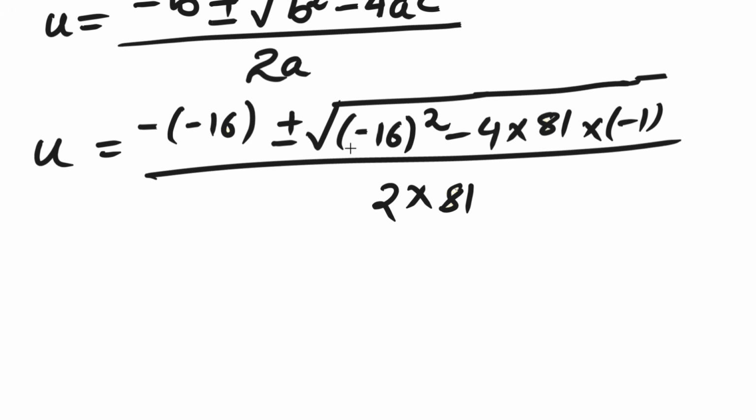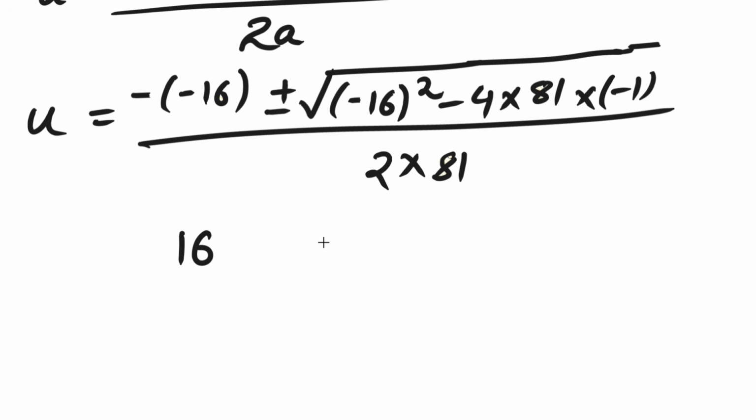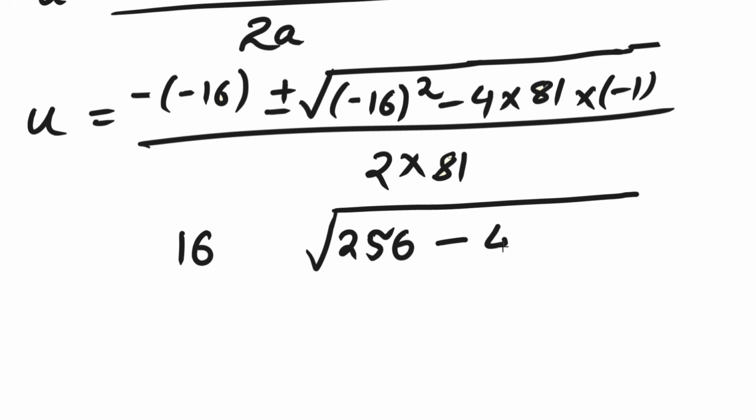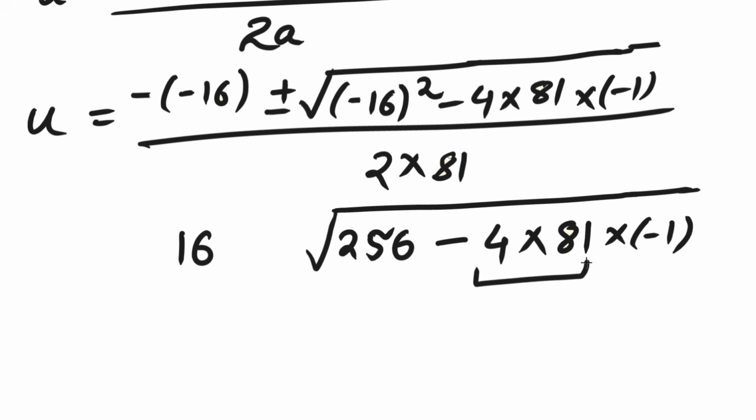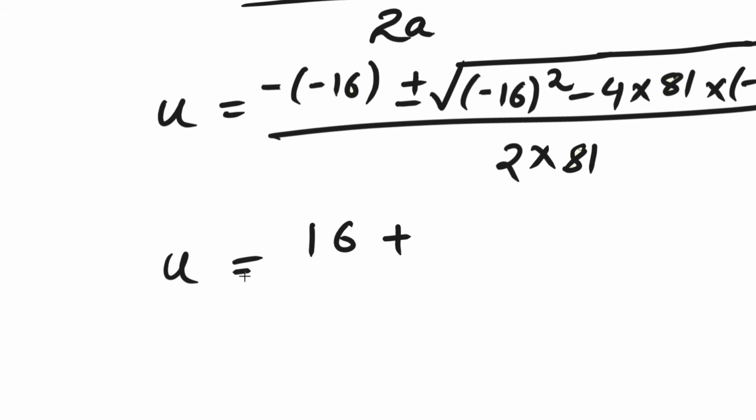Now let's simplify this step by step. First, negative 16 becomes positive 16. Next, negative 16 squared is 256. Inside the square root, we therefore have 256 minus 4 multiplied by 81 multiplied by negative 1. Since 4 multiplied by 81 is 324, and multiplying by negative 1 gives negative 324, subtracting a negative 324 is the same as adding 324. So the expression under the square root becomes 256 plus 324, which is 580. Therefore, we have u equals 16 plus or minus the square root of 580, all divided